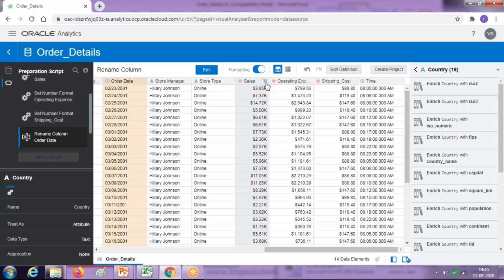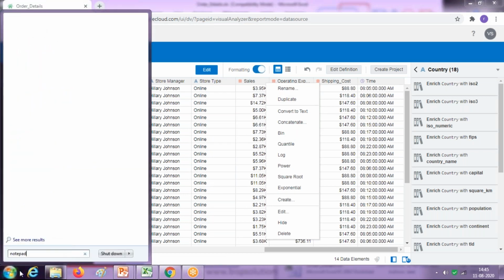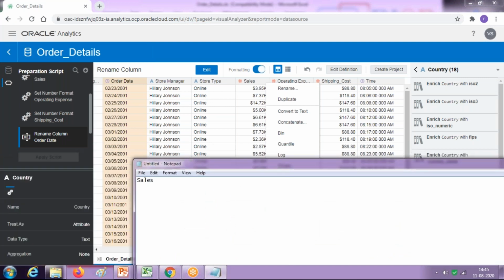When you click on measure, you get measure options available. I'm going to create a duplicate of this and apply commission. So my objective is to add a commission on top of the sales. So the expression of my commission is: sales is a measure and commission is built on top of that. So my commission is 5% of sales, 0.05.